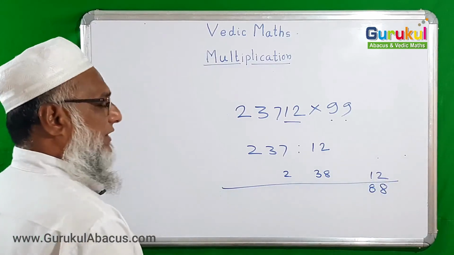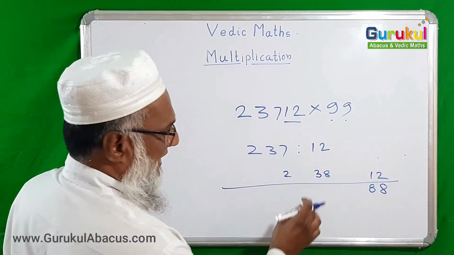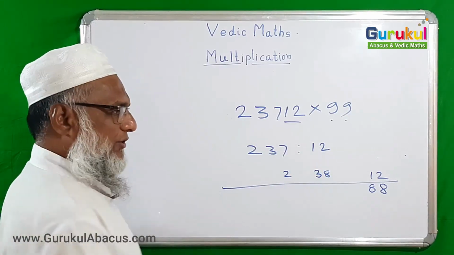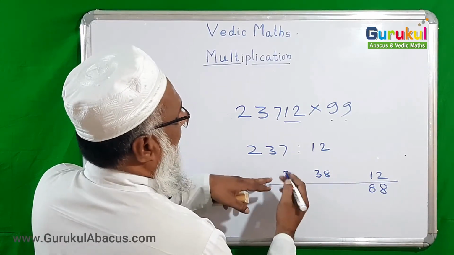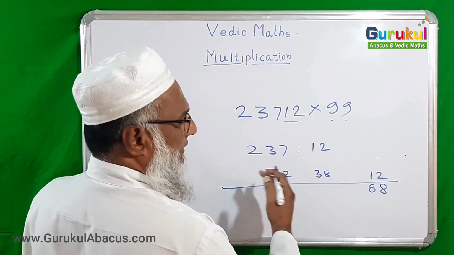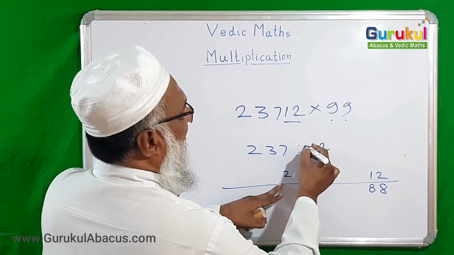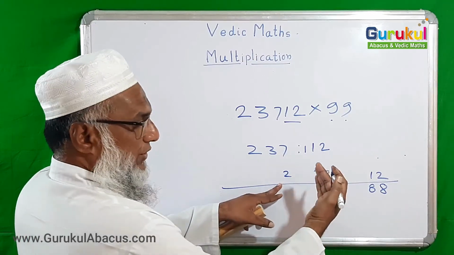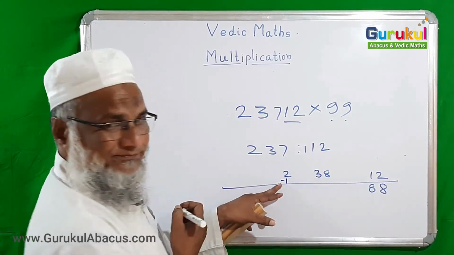Now here again is a little bit of confusion for us. We cannot subtract 38 from the 12, because 12 is less than 38. So in this situation what to do? We have to borrow 1 from the left side. If we borrow, it would become 112. And what is the method to return the borrow? Immediately place here -1.